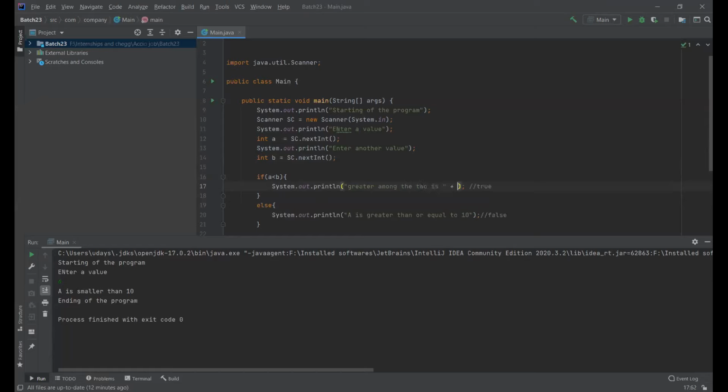I'll just put something like "greater among the two is", so as I showed you guys, I can concatenate this, right? So I can see that A is... like you can see that the greater among the two is B, right? So I'll just put B as the answer. Greater among the two is this value, correct? So I'll do the same thing. Greater among the two is,